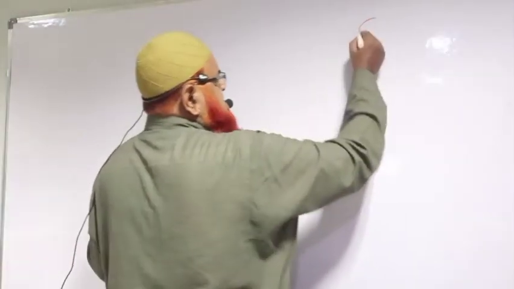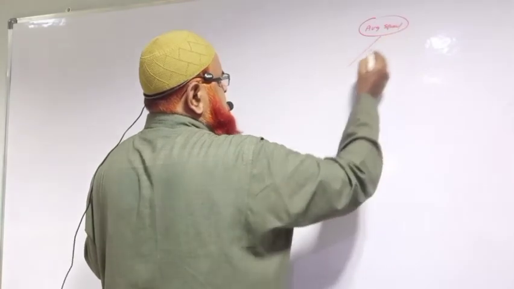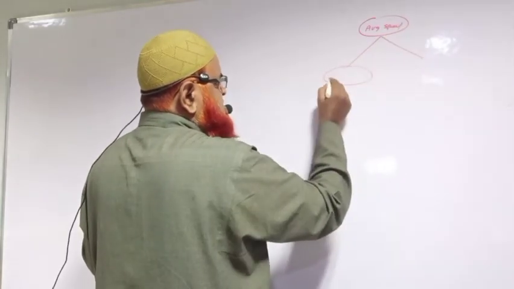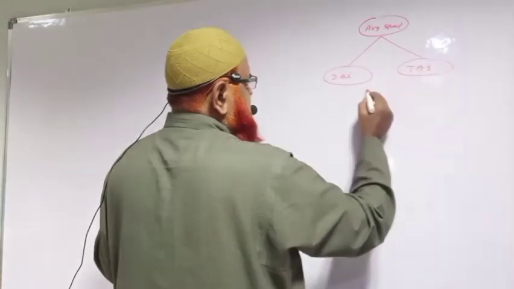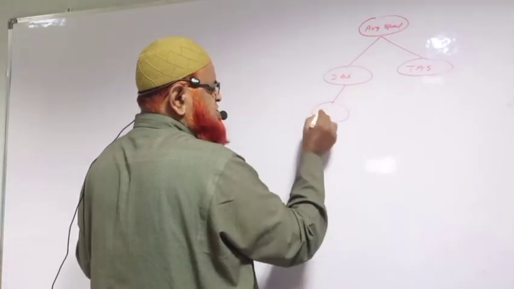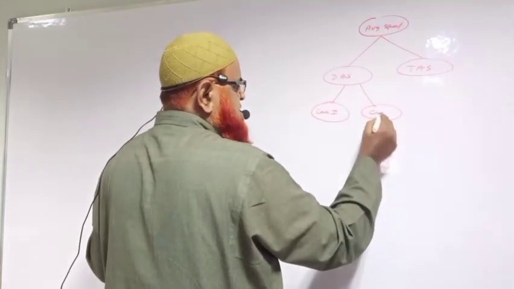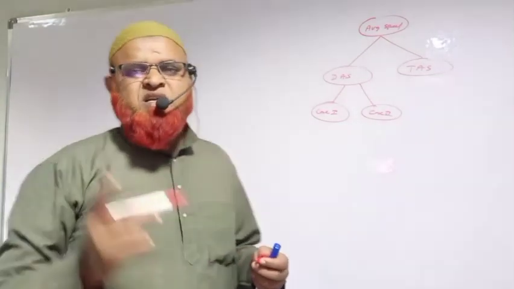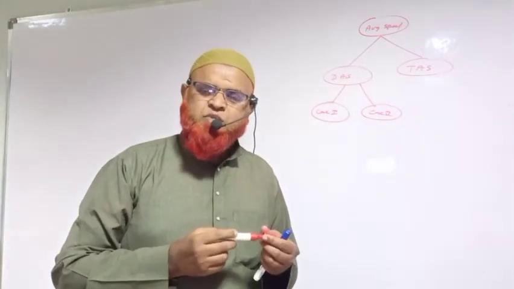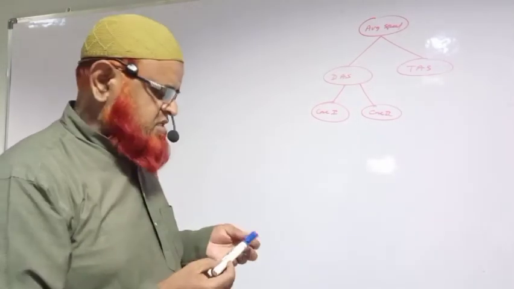As I told, average speed is of two types. One is distance average speed, the other is time average speed. In distance average speed, we have discussed the two cases also. Case 1 is present and case 2 is also present. But in time average speed, there is only one case, that's it. There are no multiple cases in this time average speed. What is that one case? We shall discuss here.